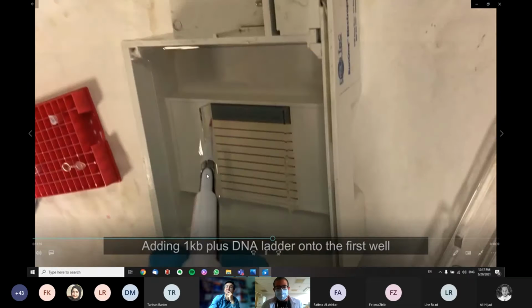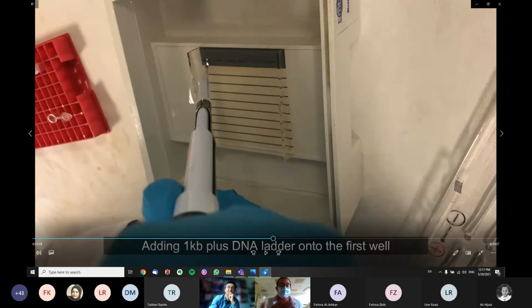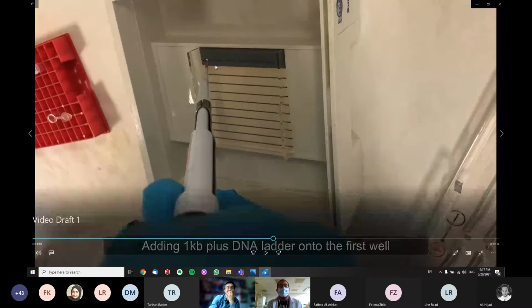Here I want to pause for a second. We have to be very careful when pipetting into any of the wells. The point is to make sure the pipette is inside enough to accurately add the entire content into the well, and it is not too far down, because if it is too far down it is going to be puncturing the well, and this makes our product or our sample go down below, therefore it cannot migrate. So this is something we have to pay a lot of attention to. Plus it should not be very high, because if it is very high it is simply going to be dissolved